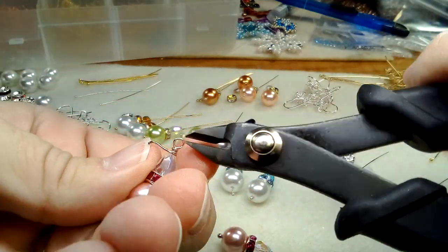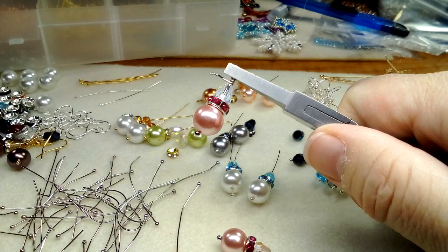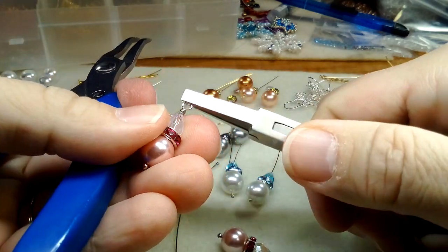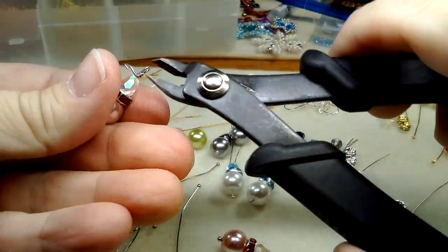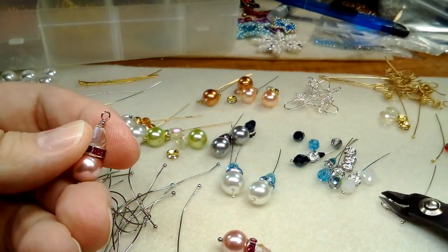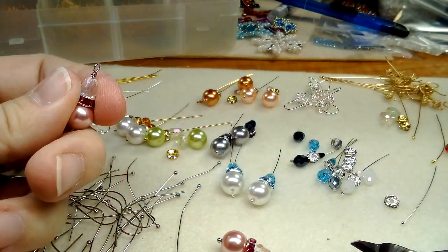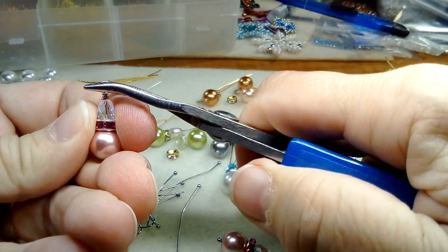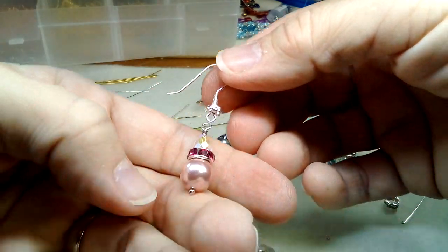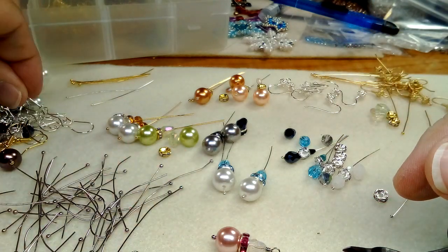There. Oh, I think I need to go around here again. Just pull this one in tight. There. Perfect. And let's see if I can get in there a little bit better. There. Okay. I wonder if these would look nice with the... No, I think we need to continue with the... I also have these